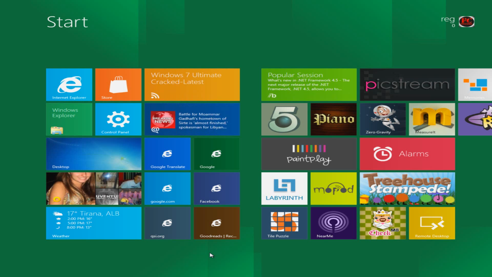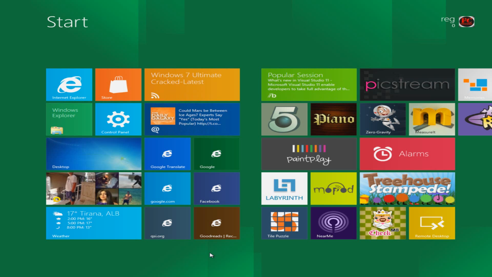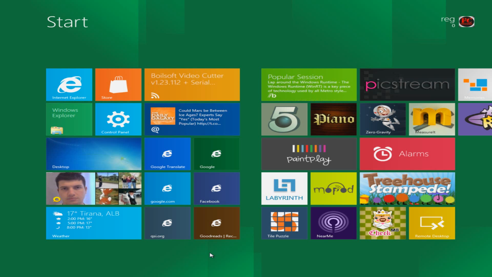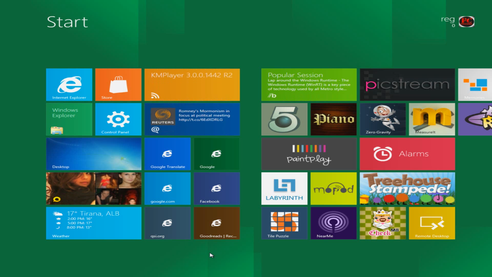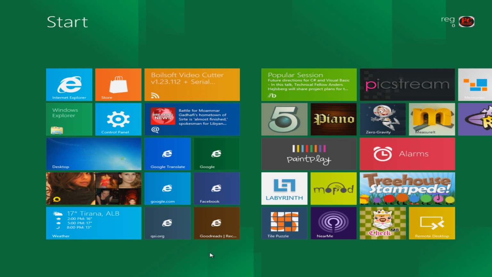So this is a pre-released version of Windows 8. It was released on 13th of September 2011. Together with this, Windows, cooperating with Samsung, released a Samsung tablet that had Windows 8 already installed on it. I'll talk about that later, and I'll show you the Windows 8 tablet. Okay, so